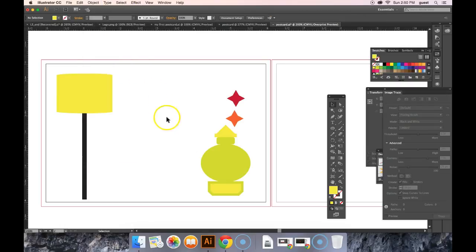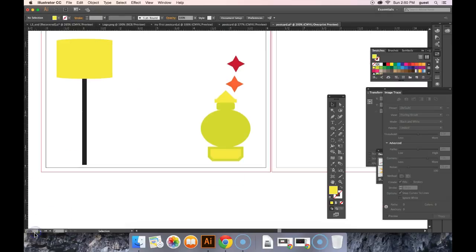And now you can see I got a great lampshade there, and very easy operation. I want to make the pedestal next, and if you hit the D key, it automatically defaults back to black and white, and we want to have our fill color black. And the ellipse width is going to be 1.1 by 0.35. So we'll go 1.1 by 0.35,